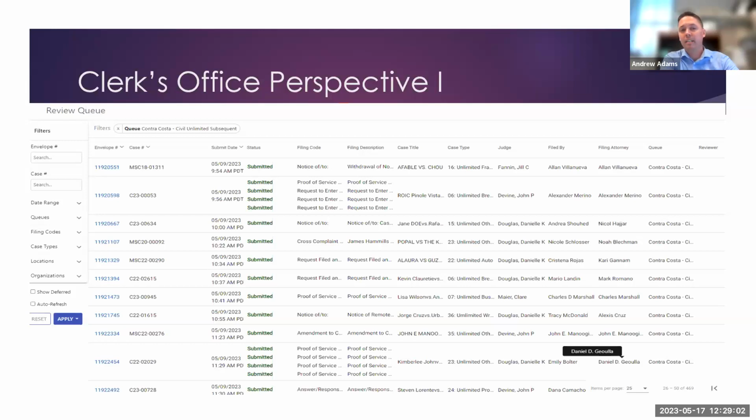Now, I will tell you, when we accept things in e-filing, it's not instantaneous. It takes a few minutes for it to actually process, where the e-filing system takes it and moves it over to Odyssey. A lot of times, when we accept something, e-filing is not perfect. It doesn't do all the little extra steps we normally do as a clerk, where we mark someone as served or defaulted and make that note in the system. A lot of times we have to wait for that process to happen, then go into our case management system and do the updates. A good example of this is a notice of change of address. We'll file the notice, which is great, but it doesn't actually change anything in Odyssey unless we go in and do it.